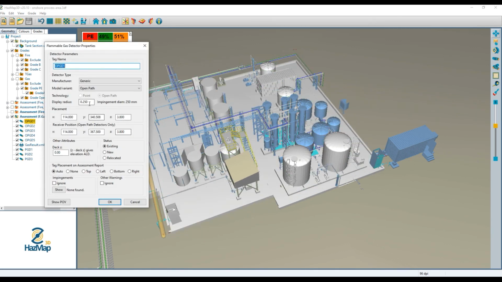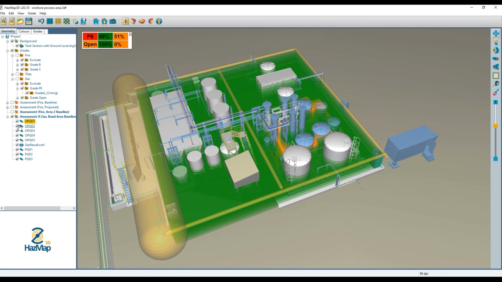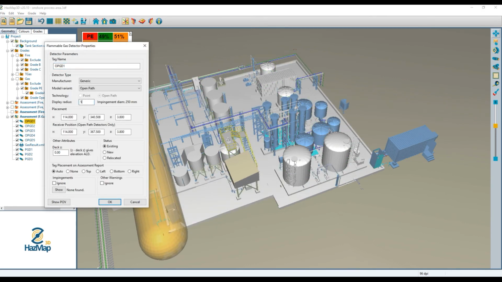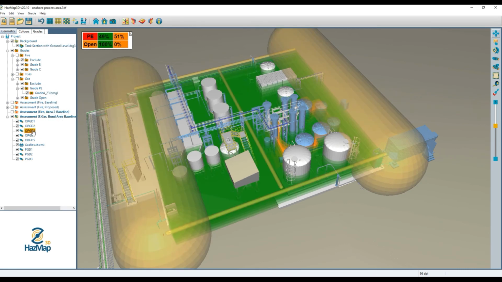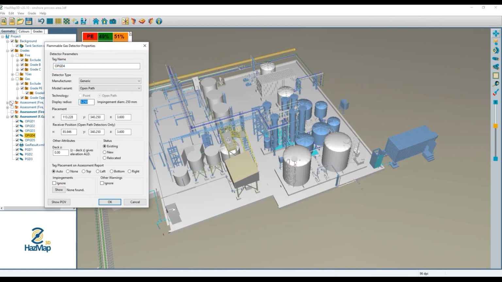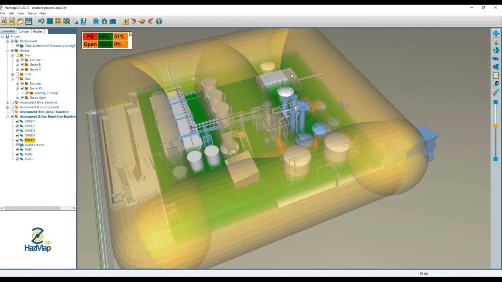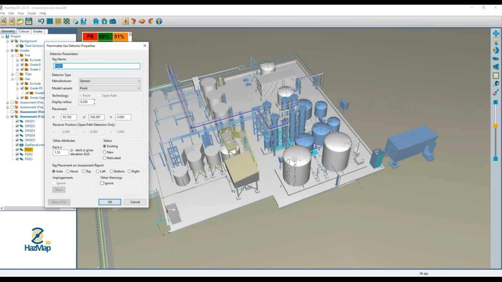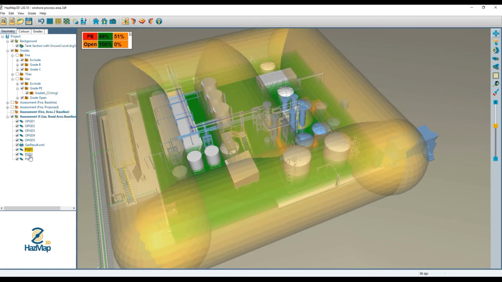If I want to change my display options, I can change my display options back to 2.5. Or if I want to, since these open paths are largely covering an open graded area where the target gas cloud is a 5 meter radius, I can change that up for visualization purposes. And if you look at this, it becomes a little bit more clear why I'm getting some of the better coverage I'm seeing. And I can keep those at a 5 meter radius displayed, and then just put the point gas detectors at a 2.5,